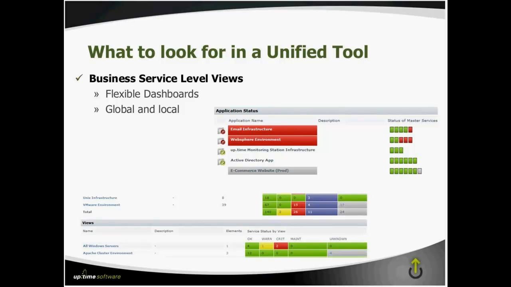So for example, in our email infrastructure, we can see that email infrastructure is made up of 5 different key components, and then one of those components is failing. From this view, I'd be able to understand that yes, email as a whole is down or the service is impacted in my environment. I could click on this image and drill down immediately to the exact component in that